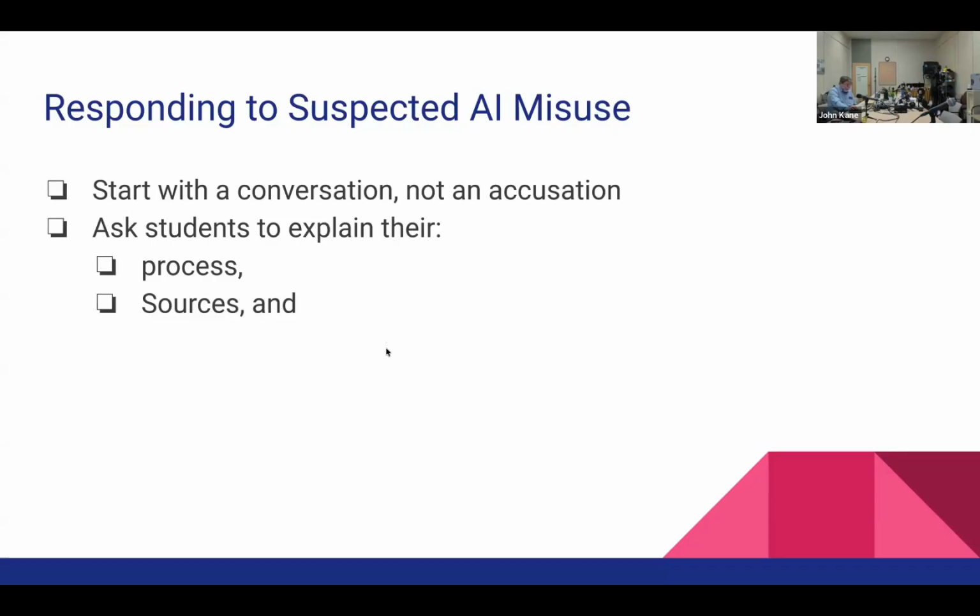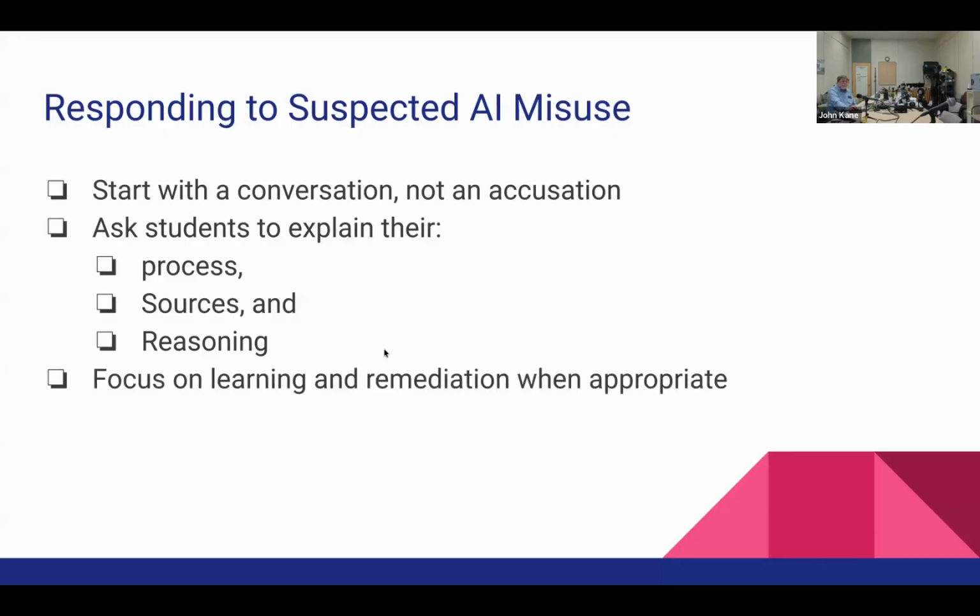Ask them to explain the sources that they used, where they came from. Now, if they don't exist, that's pretty strong evidence of AI use. But it's much less common now for AI to come up with false sources because it tends to verify those things, especially if they use the thinking models. And also ask them to explain their reasoning. Typically, when students have engaged in something unethical, they will break down and admit to it during this stage.